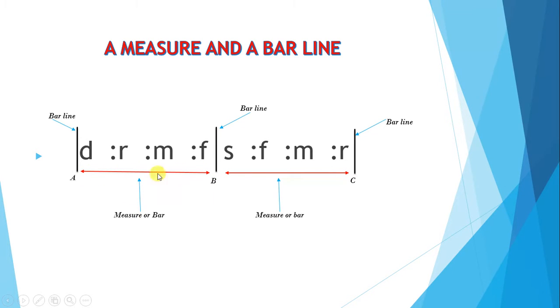You see this red line? It's a measure or a bar. From this line to this one, it's a measure or a bar. It is the same thing from here to here. That is from B to C. It's also a bar or a measure. And if we look here, we have labeled this a bar line. So each of these lines,